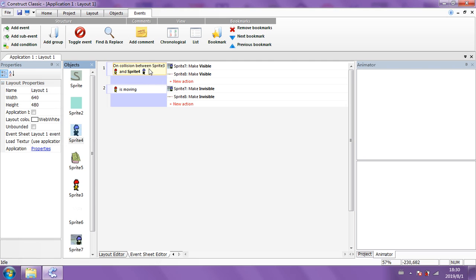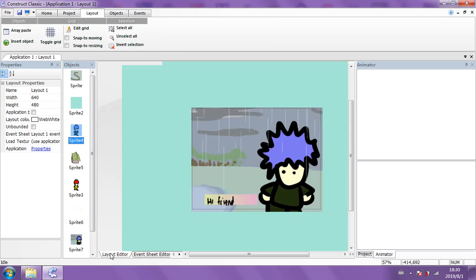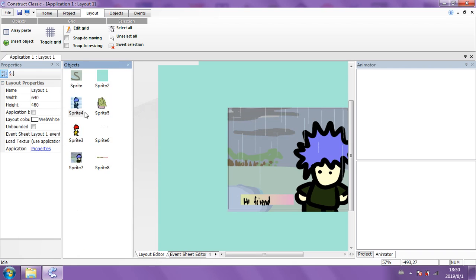On collision between Sprite 3 and 4. How strange is that? Let's go to the layout editor. We need to change something with this guy, Sprite 4.